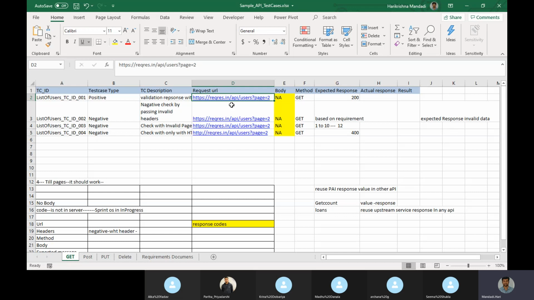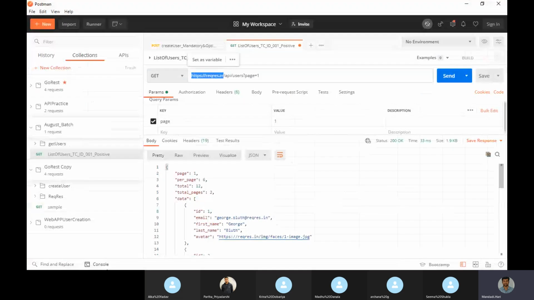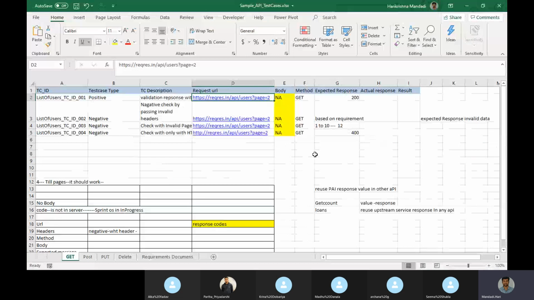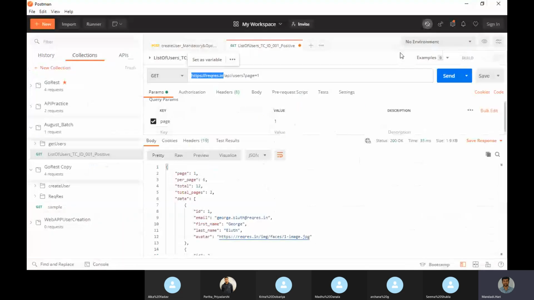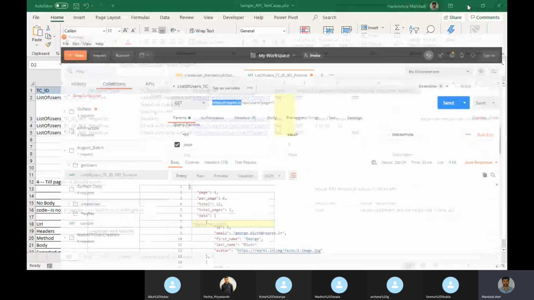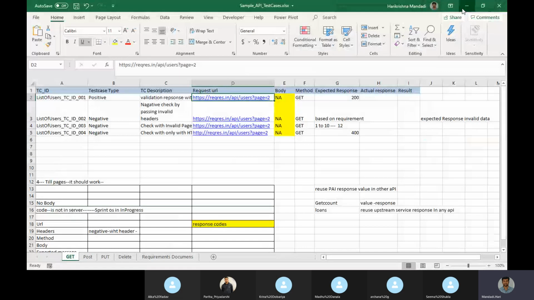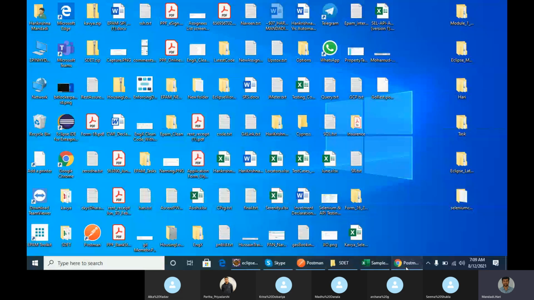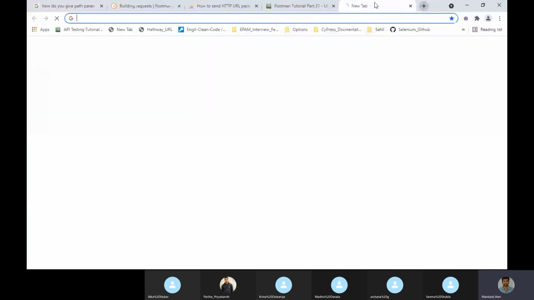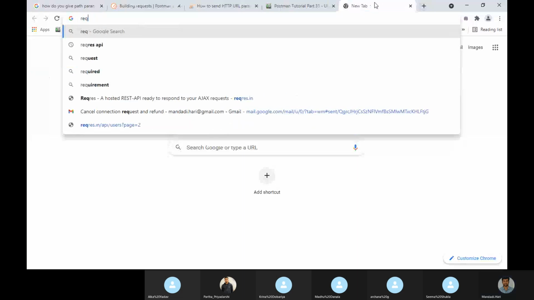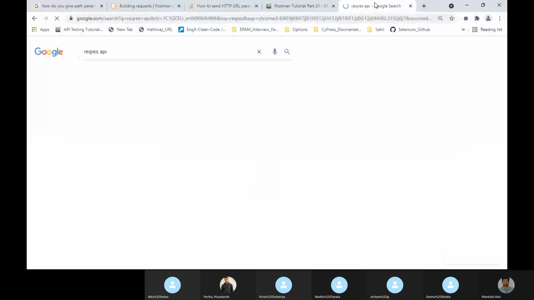Our base URL will be till dot in, it seems. Let me go to that website again and check a few more endpoints to see how the calls are. So it seems till dot in we need to give. We will see.